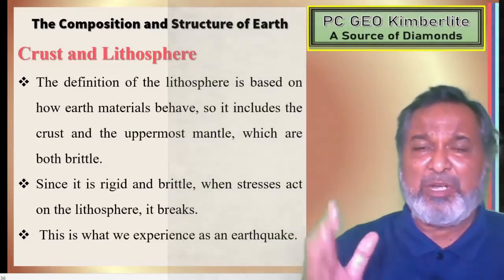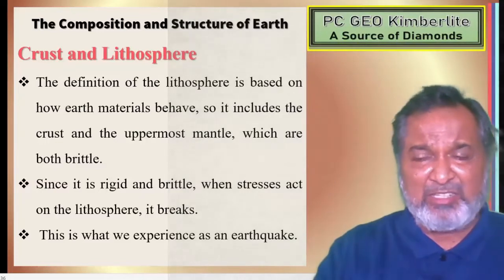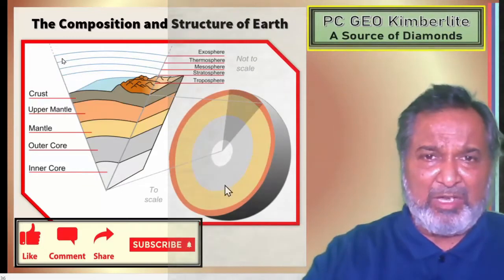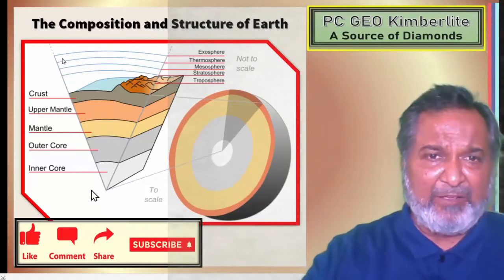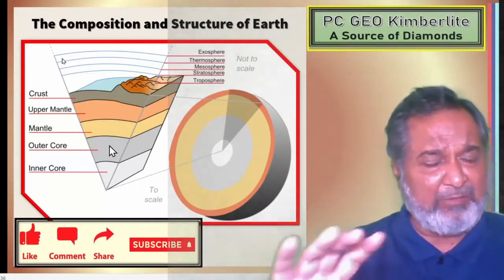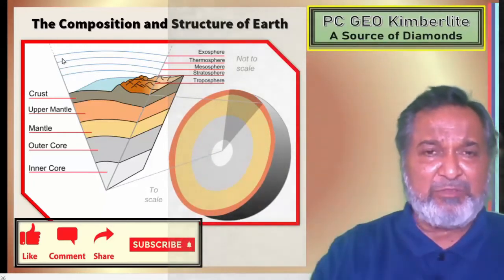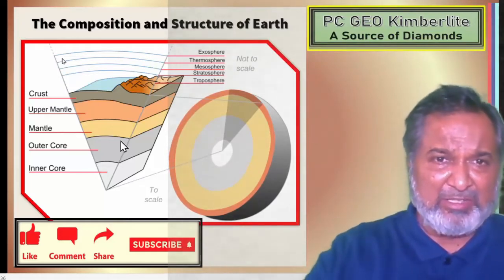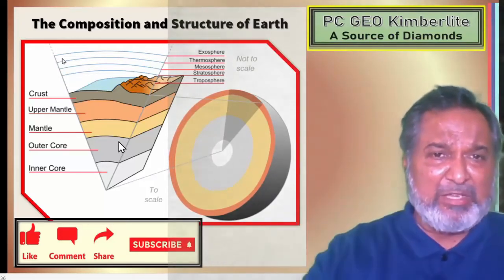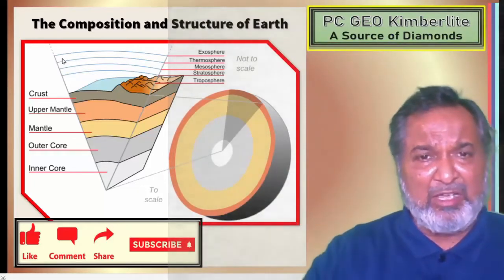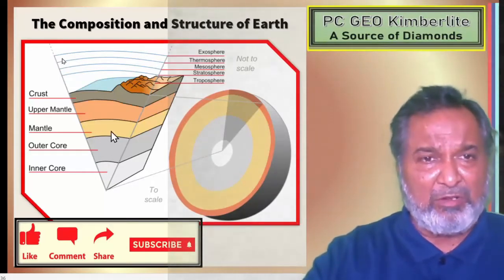Since rigid and brittle rocks are there, stress acts on them and earthquakes are formed. This is the earth, and if we make a cone, we have the radius. Now there is the inner core and outer core. The inner is solid, the outer is liquid. Because of S waves, we come to know that the S wave could not go through the outer core, and that's why this is there. But why it is not going through is still debatable, and in the future we might get more detailed information.